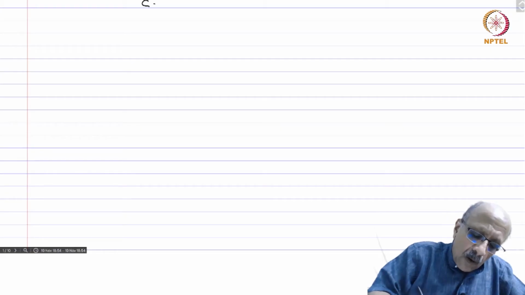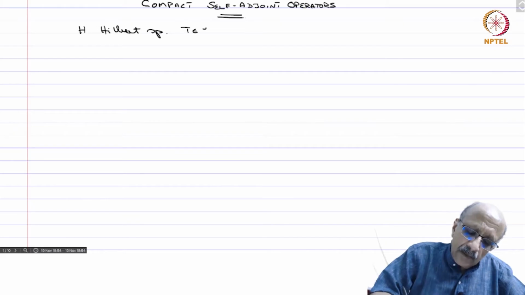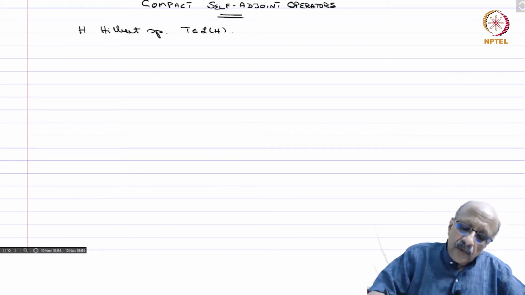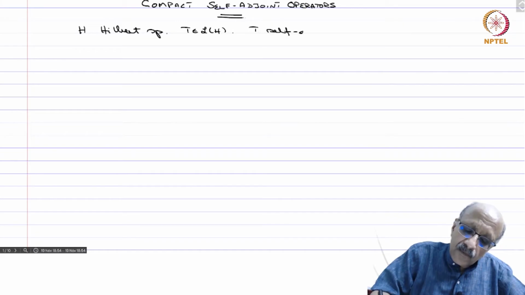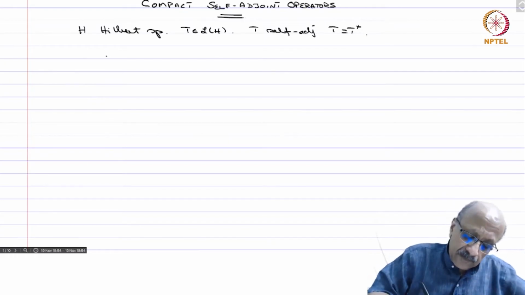We will now study compact self-adjoint operators. So H is a Hilbert space and T belongs to L(H). We say T is self-adjoint if T equals T star, and we have already seen the following thing. So T self-adjoint